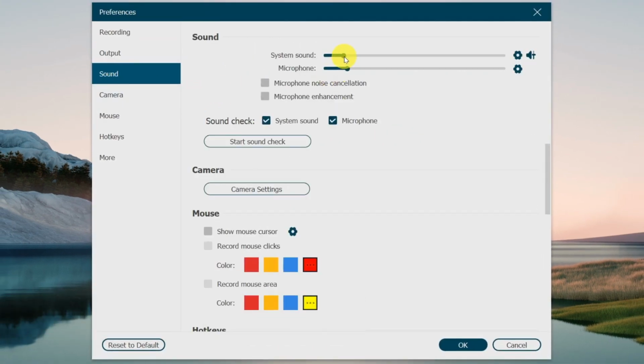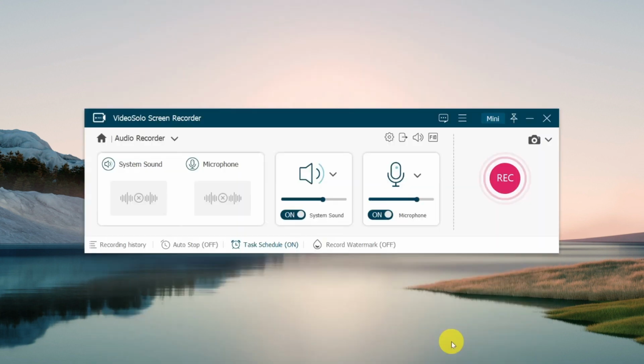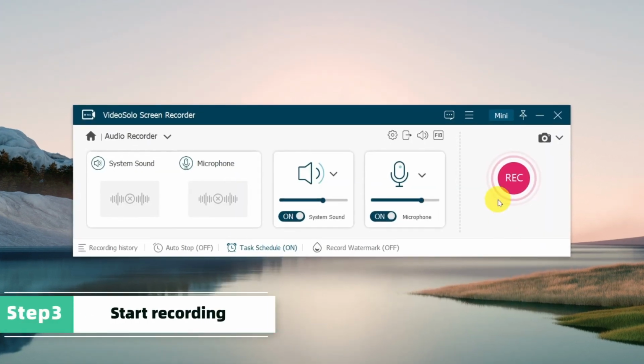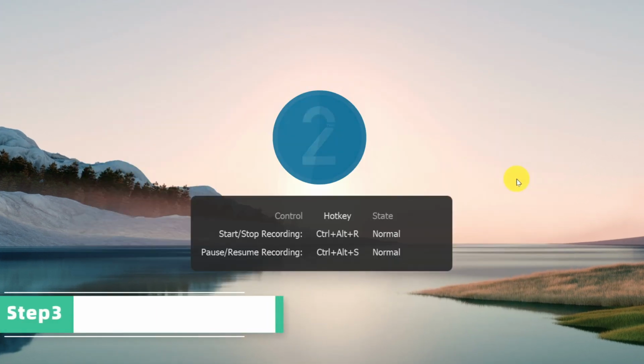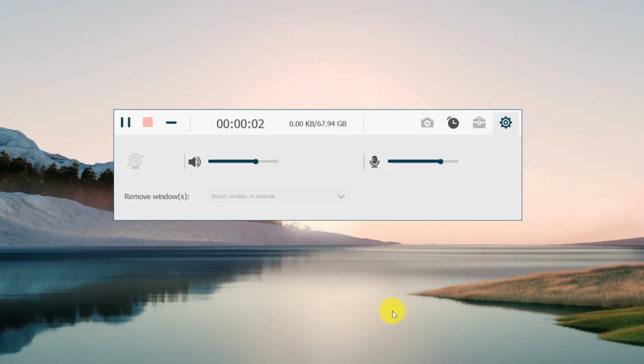Here adjust your system and microphone sound to your desired volume. Tick both boxes to perform microphone noise cancellation and volume enhancement. Then click Start Sound Check to make sure the audio was recorded successfully. Eventually, click REC to start recording. You can control audio recording by clicking Pause, Stop,